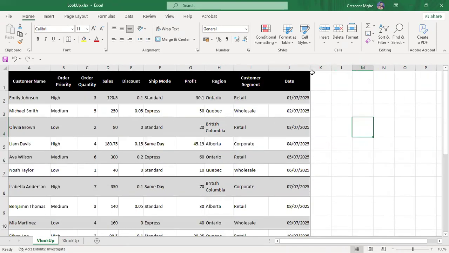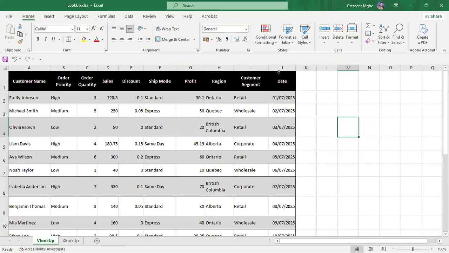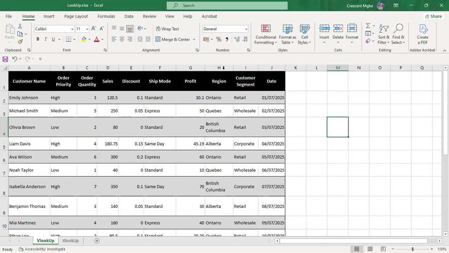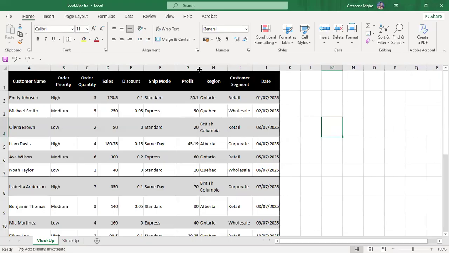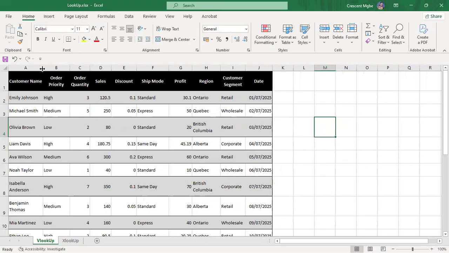Okay, let's try to use it to explain VLOOKUP. VLOOKUP helps you to look up a value, just like the name implies. It just helps you to look up a value. It tells you, like, to match a value. For example, you can say that, okay,